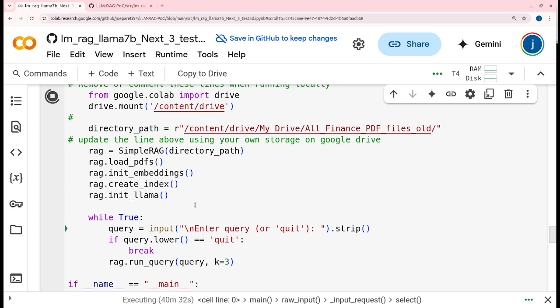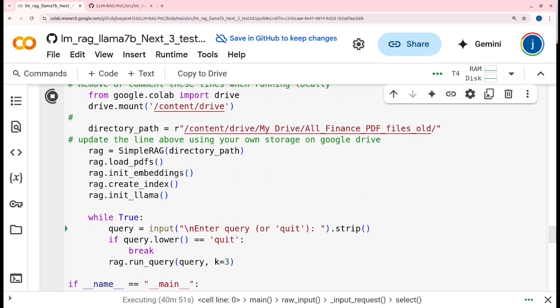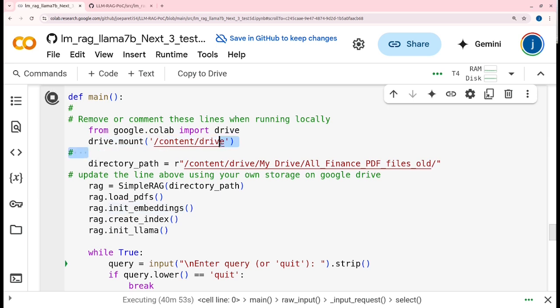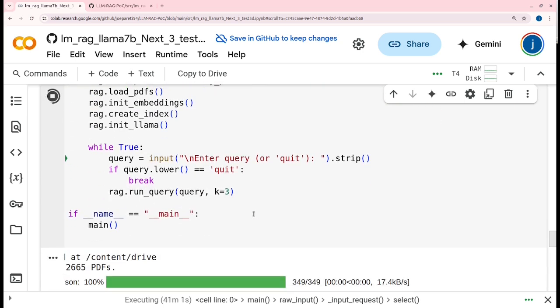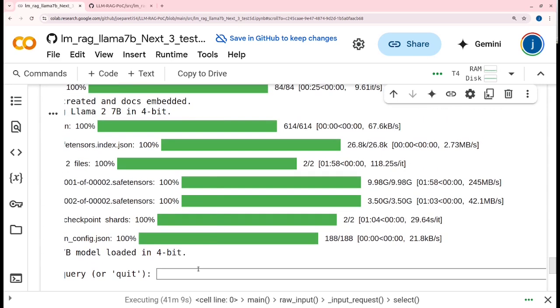Here you have to modify some instructions in order to make it work for your own environment. So here I've used my own Google Drive space, so this has to be changed. And you have to, of course, mount the Google Drive, and then your PDF should be in a dedicated folder. So this can be customized by you. As you see, I've already run all these things, so I can